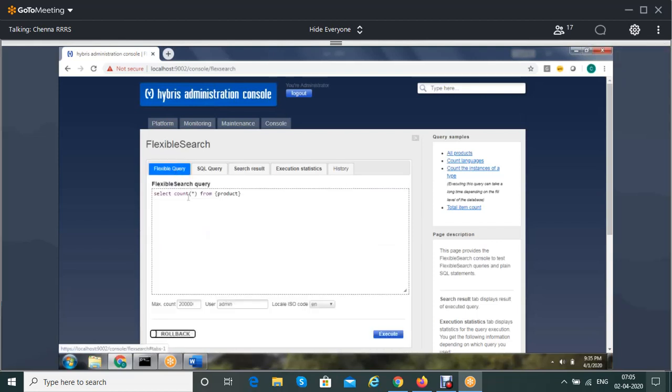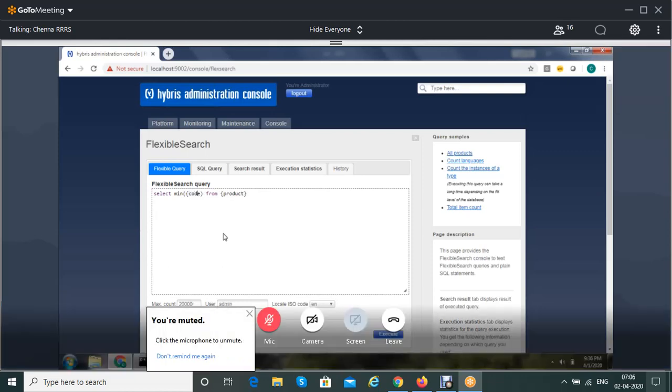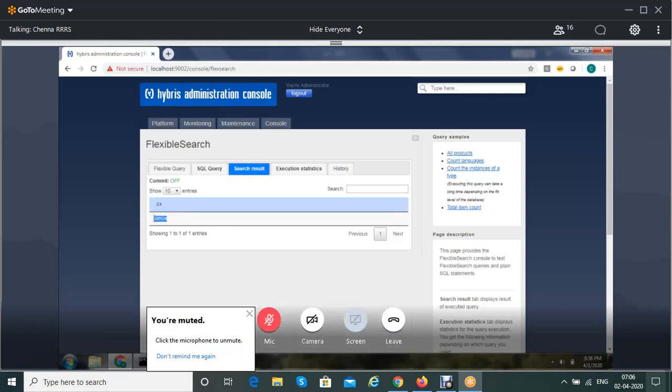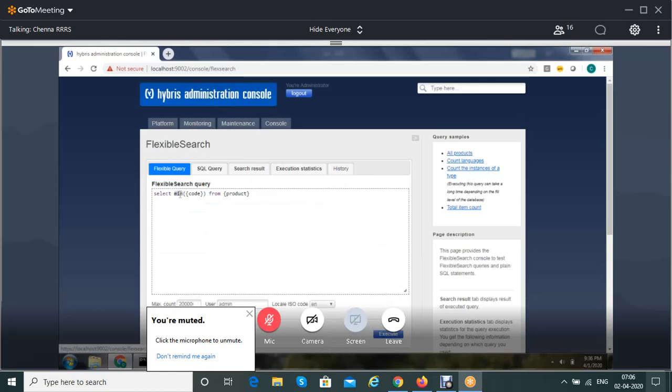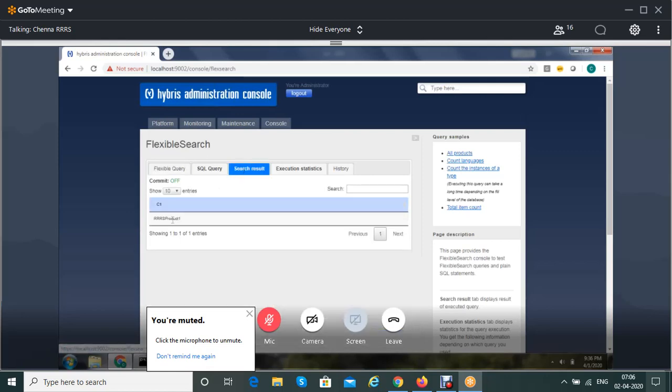Like this, we can use the math functions. Let's say we have min of code. We have the column called code, right? Product code we have. So I want to find out the minimum of the product code. So this is the minimum of the product code. And I want to find out the maximum of the product code, and you can see this is the maximum.